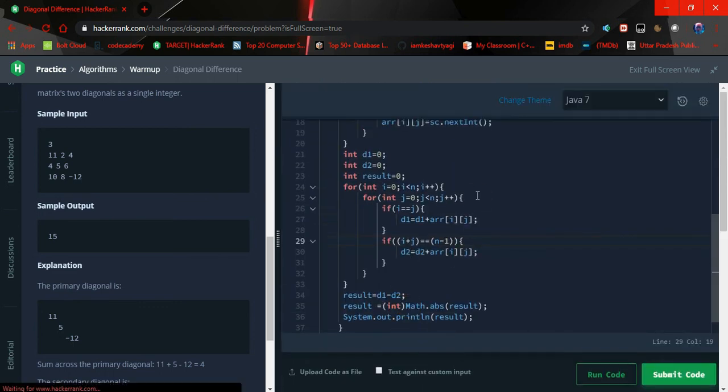That's the simple problem. Just one thing that you have to keep in mind is how you can find the sum of the right to left diagonal, because the left to right diagonal is quite easy. The difficult one is right to left. So that's the one thing that you have to keep in mind, and the problem is just an easy one.